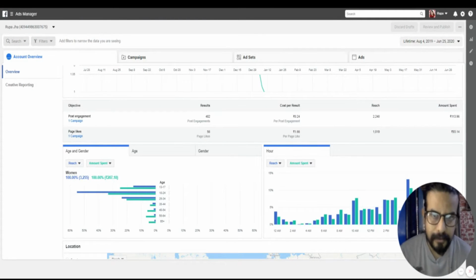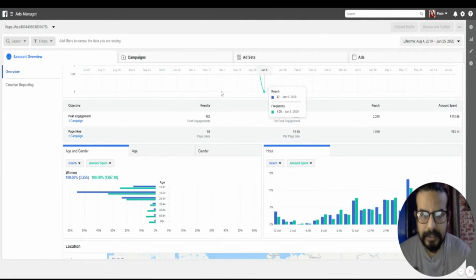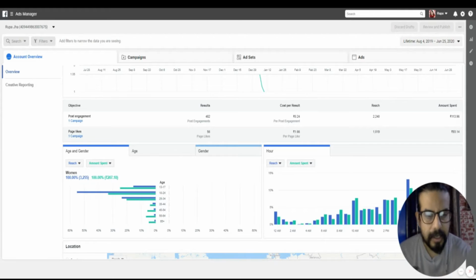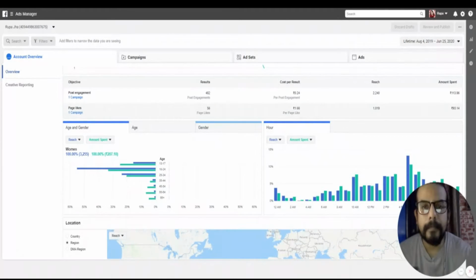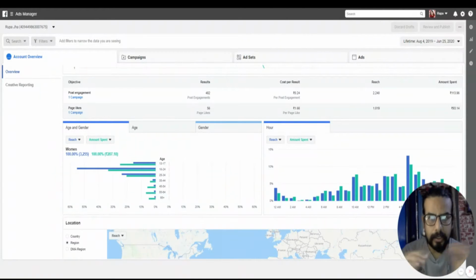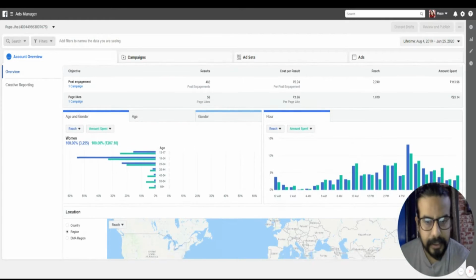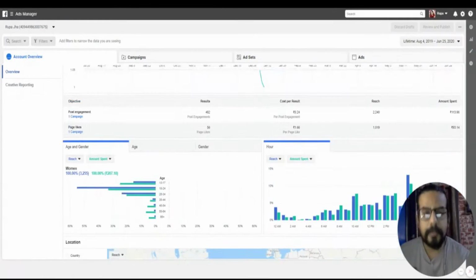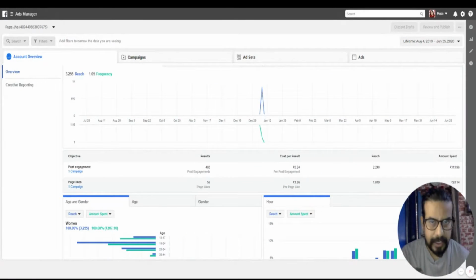And in this series of mine, I would be covering all the aspects of Facebook advertisement. So, as you can see on my screen, this is one of the sample pages that I've created to let people understand how the layout looks, and these are the statistics which have come in front of me.